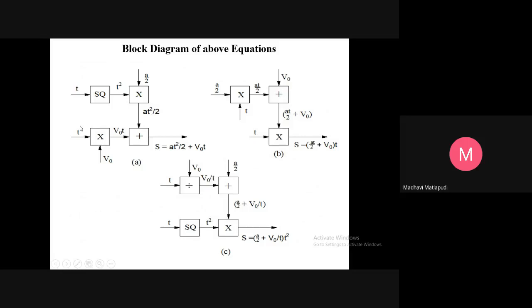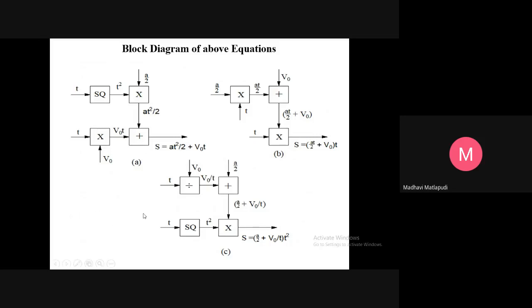Arrangement A also requires the same number of components. But the divider is replaced by a multiplier. This is an advantage because if the range of T begins at 0, then the division by a number close to 0 results in a large value of the answer. If you divide any number by 0, it goes to infinity, isn't it? It's an absurd value. And this creates serious mechanical difficulties in this arrangement.